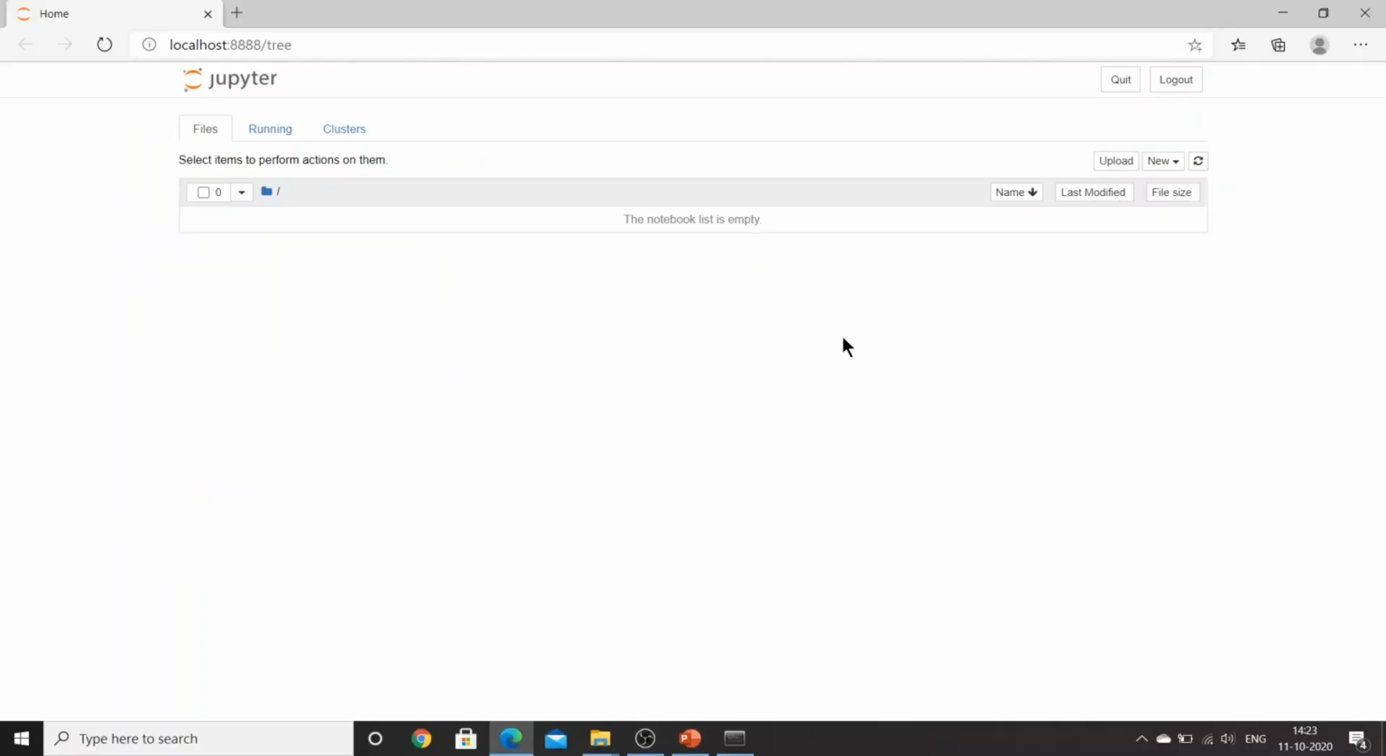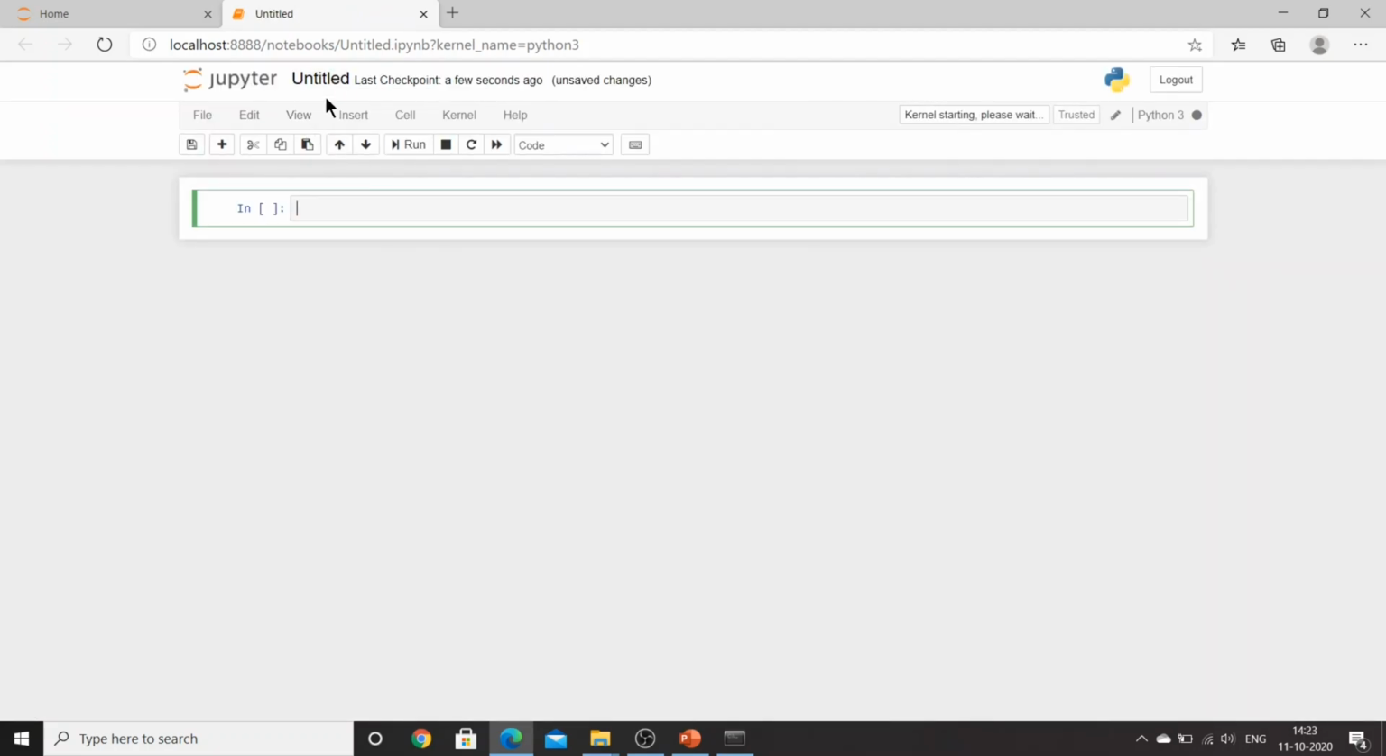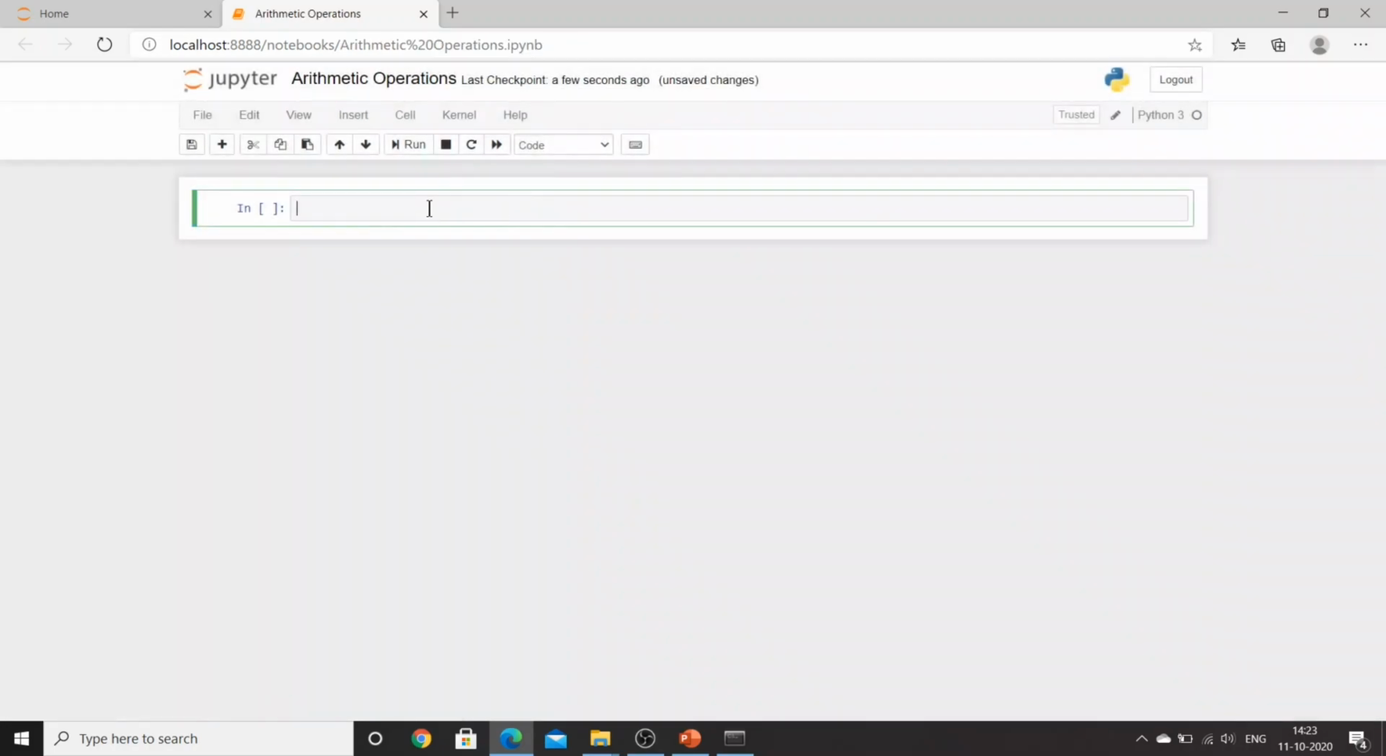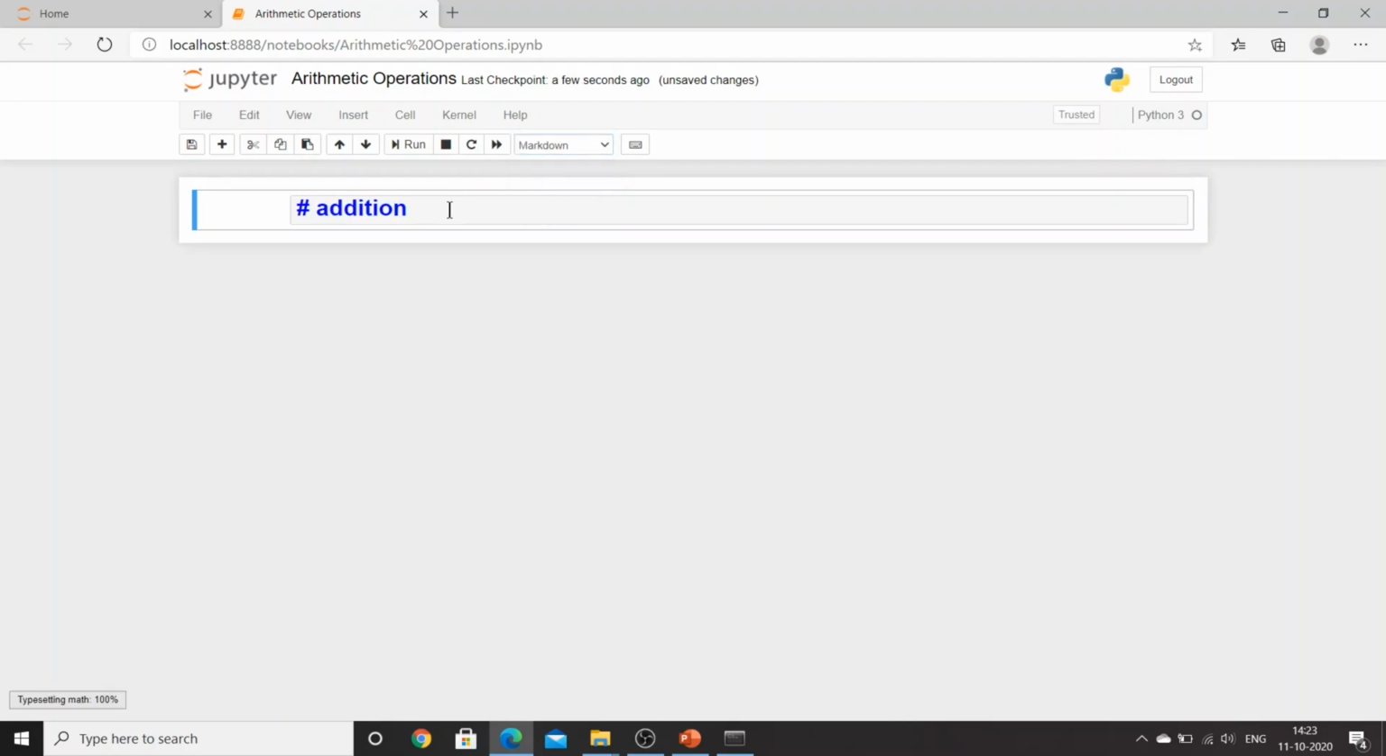So I have opened my Jupyter notebook. Now I'll go and create a new notebook. And okay, so now let's rename this notebook. We'll say arithmetic operations. You can give spaces as well. Let's start. So what I'll do, first I'll do addition, and I'll just make it as markdown so that it